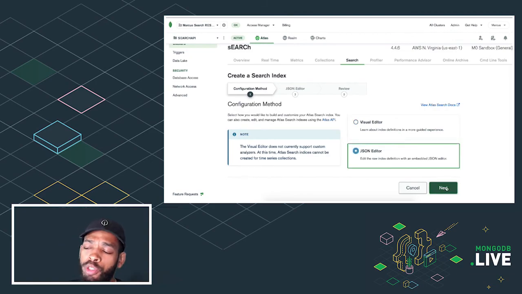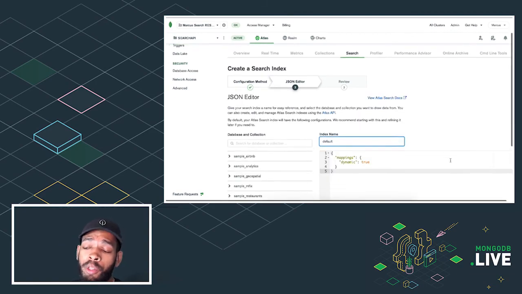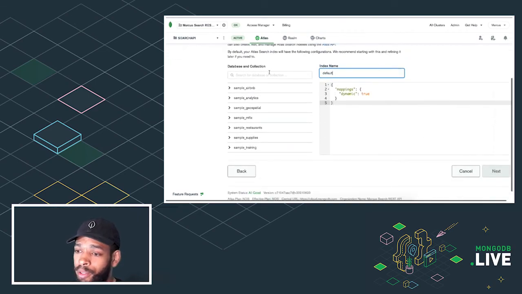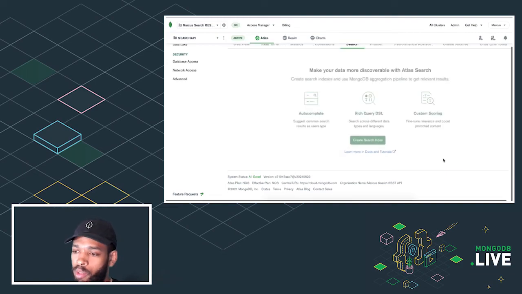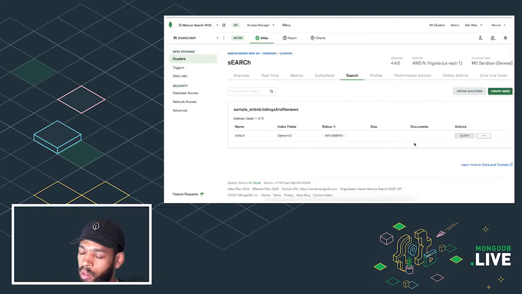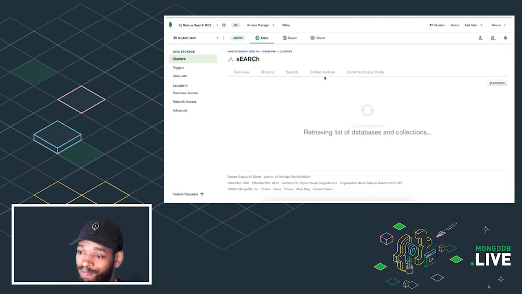So we'll use the JSON editor so you can see what the default index looks like in code. This will index all the documents in the collection and all the fields in those documents. They'll all be searchable. In 2 minutes, you'll be able to query this search index with natural language.